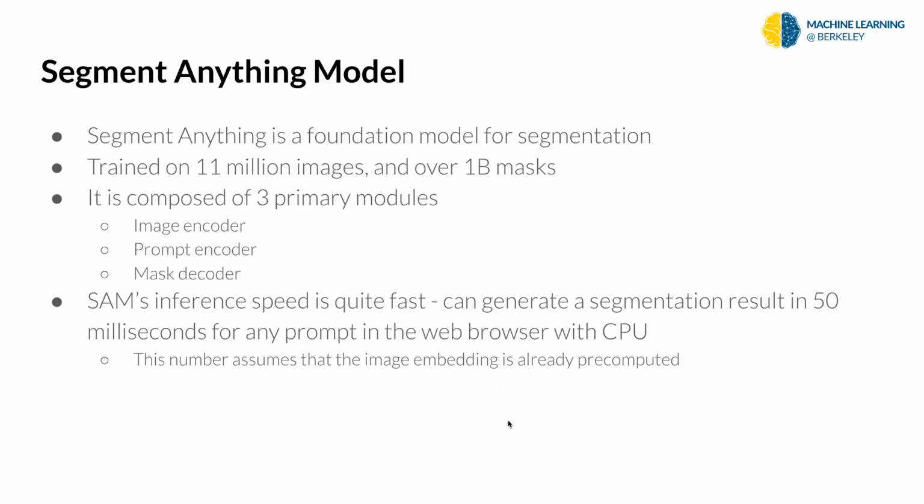Last, we're going to finish off with the Segment Anything Model, which Ryan talked about during our segmentation lecture. But Segment Anything is a foundation model for segmentation trained on a bunch of images, a bunch of masks. It's composed of 3 primary modules: an image encoder, prompt encoder, and mask decoder. And the inference speed is quite fast. It can generate a segmentation result in 15 milliseconds. I believe that Ryan showed a demo during the segmentation lecture, so definitely check that out. It's incredibly impressive. You're able to zoom into a jersey, figure out exactly what the numbers are, and really segment